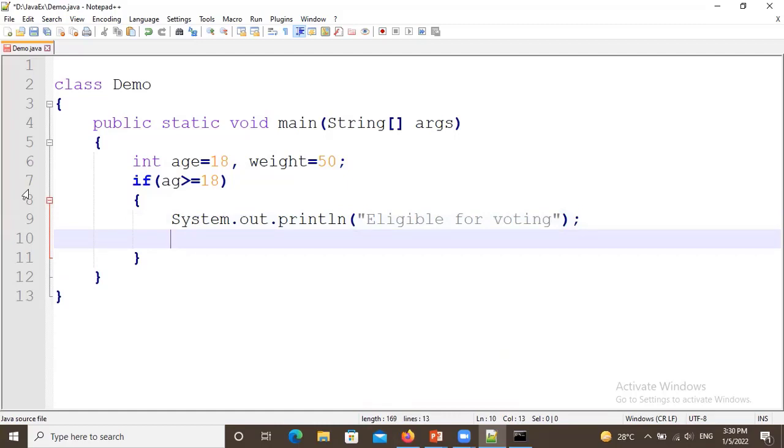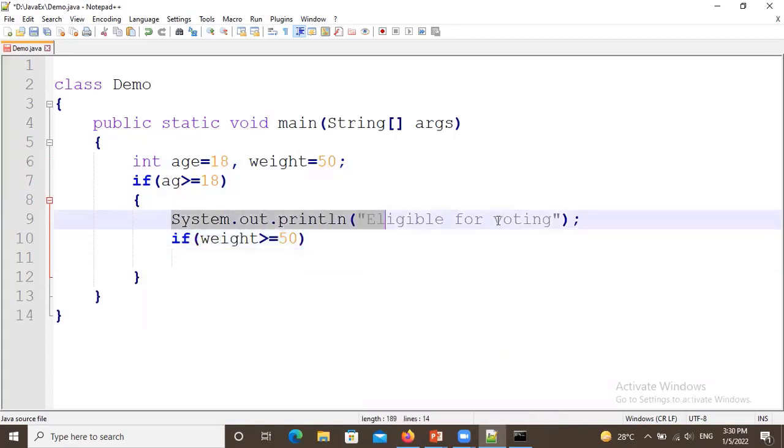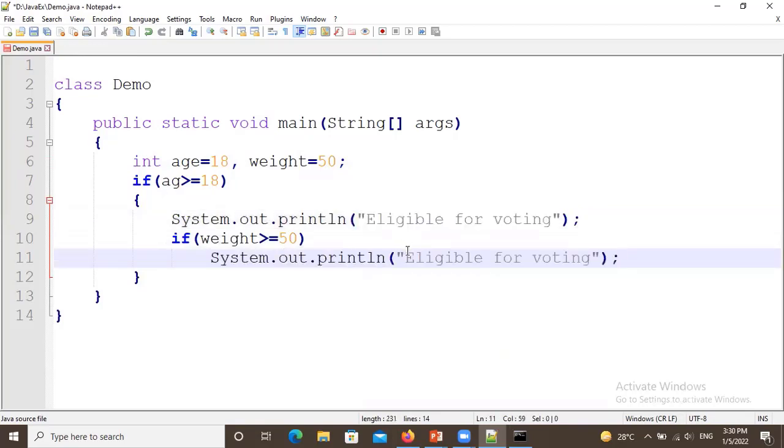But what about the blood donation? So if your weight is greater than or equal to 50, then you are eligible for the blood donation.